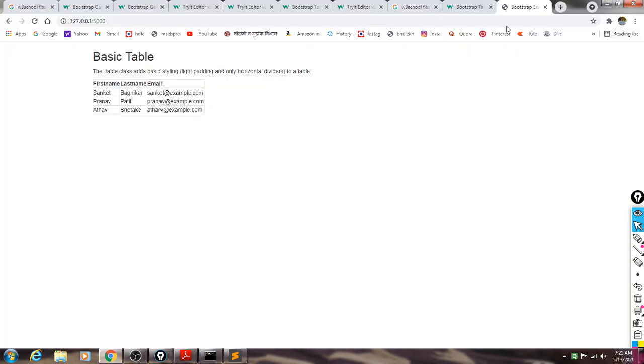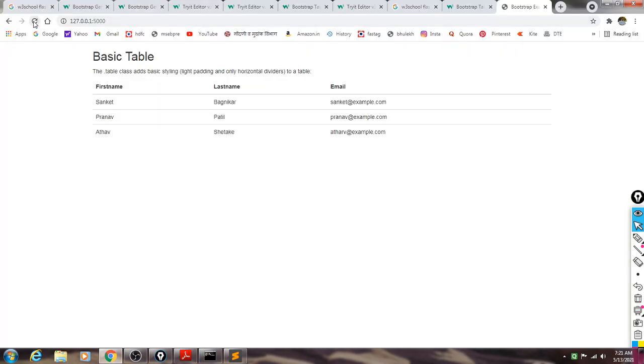Okay, so here we can refresh this, so we will get the output like this. Okay, basic table header is there, then some text is there, these are the column headers and these are the records. So by copying this script to our HTML script, we can execute like this.